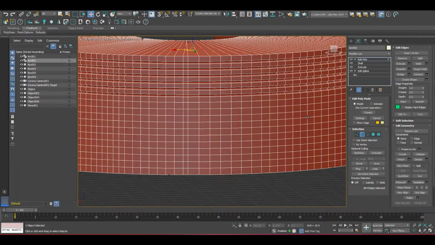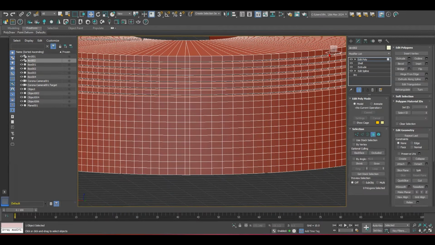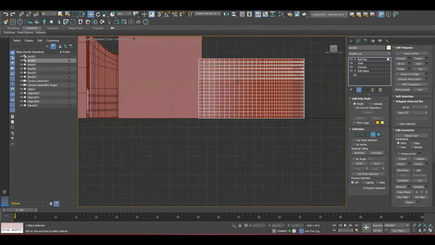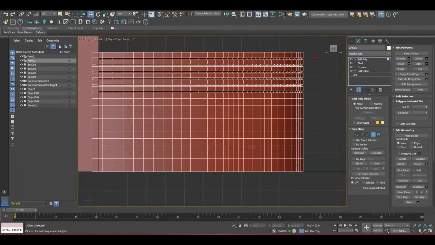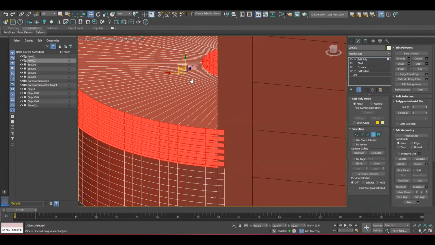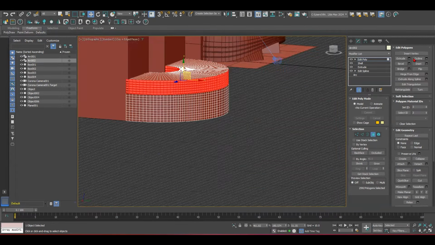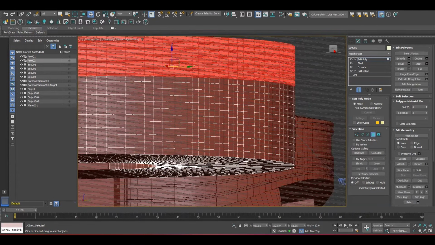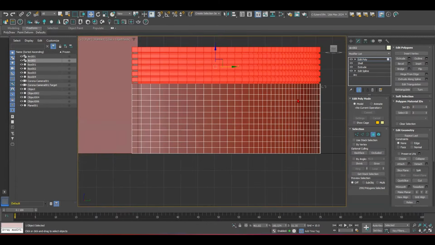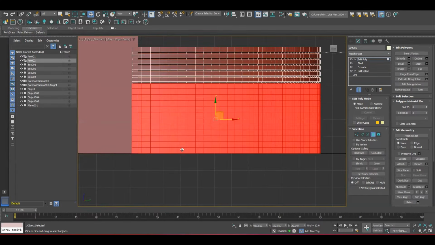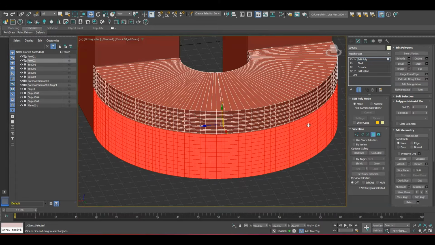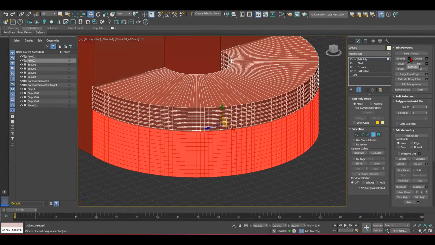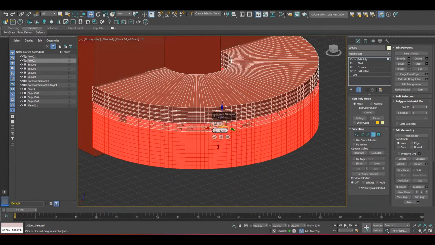Once I do that, I can easily select all of this and just detach it from the structure. But what I'm gonna do now is select the other half, this one. I'm gonna extrude it to the inside to have more